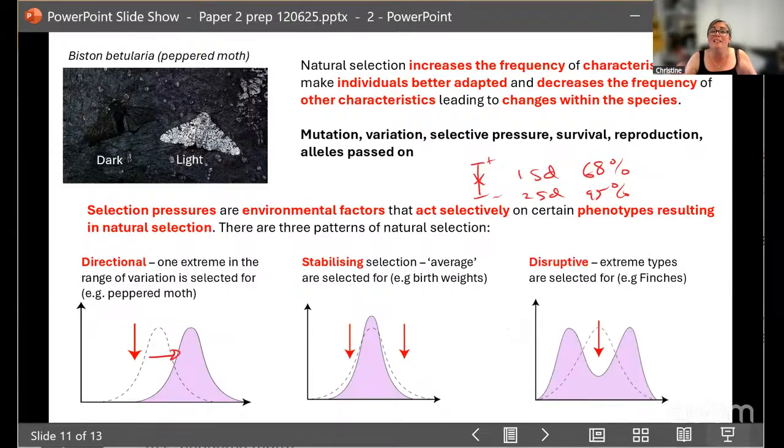Now, disruptive is where you end up with extreme phenotypes resulting. So we are ending up with the extremes and we are selecting against the middle. Now, in this case, I've said finches, but I'm going to talk about a different example because I really like this example. And I feel like this one tells it more than the finches, but for some reason, Darwin and the finches are always the questions they go to in the exam, but that doesn't mean they're going to do it this time. But I love the one to do with salmon.